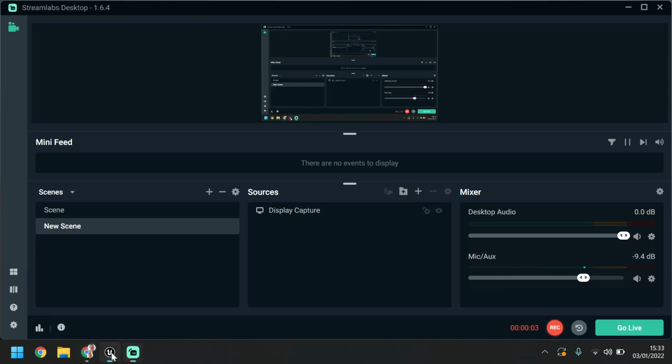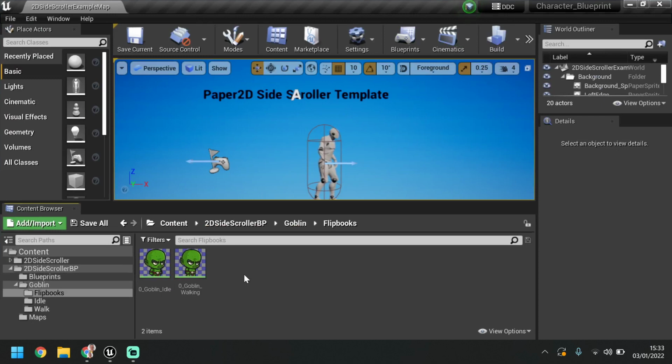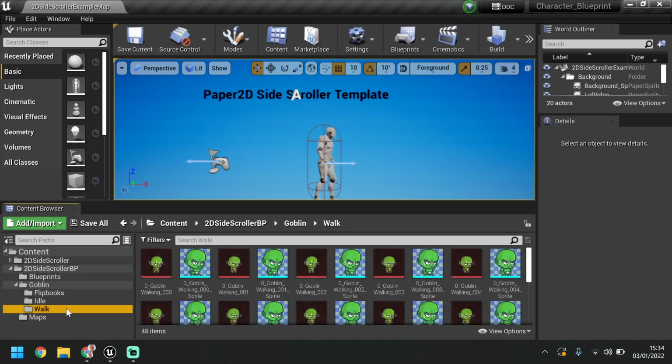In this video, I'm going to be explaining blueprints and looking at how to set them up, and set up some inputs, which are basically the controls for your game. So you should have access to this file when you're in the class. It's already preset with some flipbooks set up